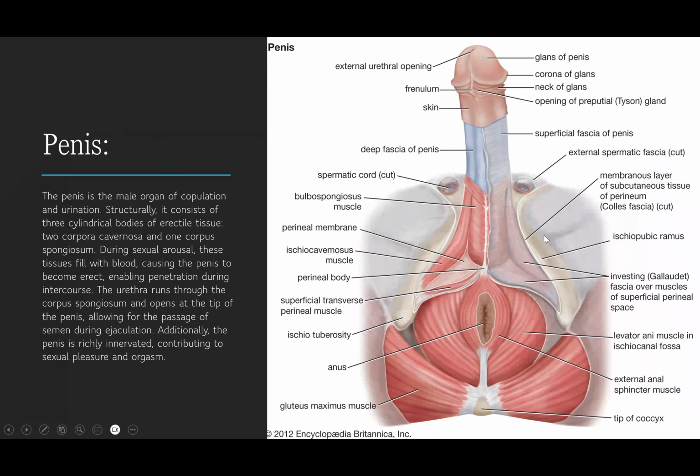All right. The penis specifically now. So the penis is a male organ of copulation and urination specifically. How we know it has a dual purpose. Structurally, it consists of three cylindrical bodies of erectile tissue, right? Two corpora cavernosa and one corpus spongiosum. During sexual arousal, these tissues fill with blood, causing the penis to become erect, enabling penetration during intercourse. The urethra runs through the corpus spongiosum and opens at the tip of the penis, allowing the passageway for semen